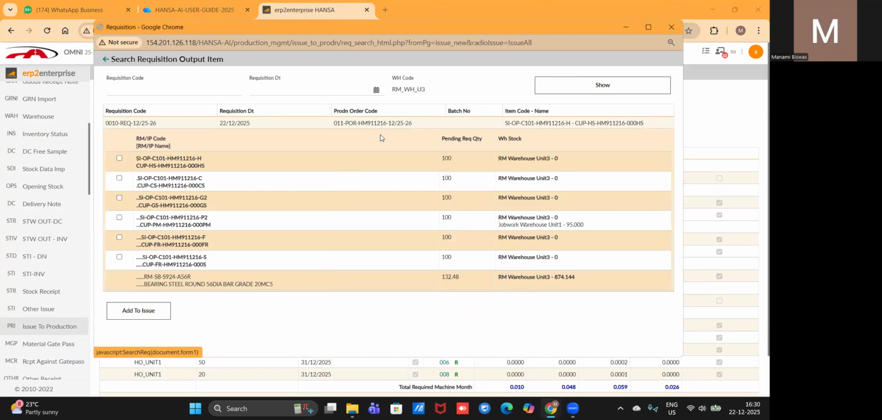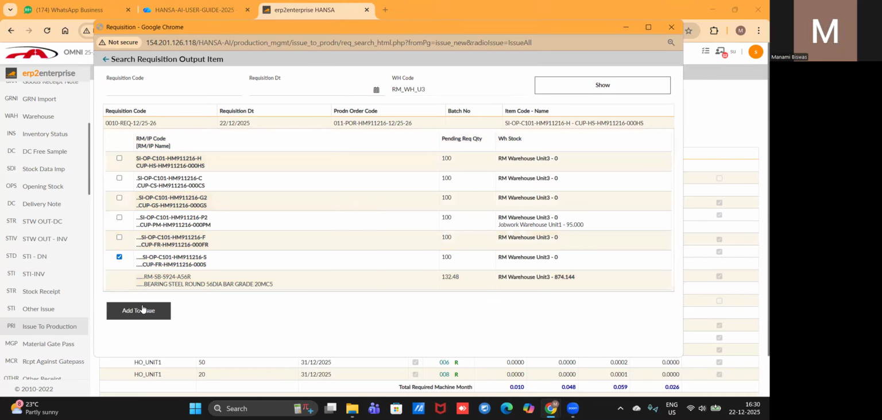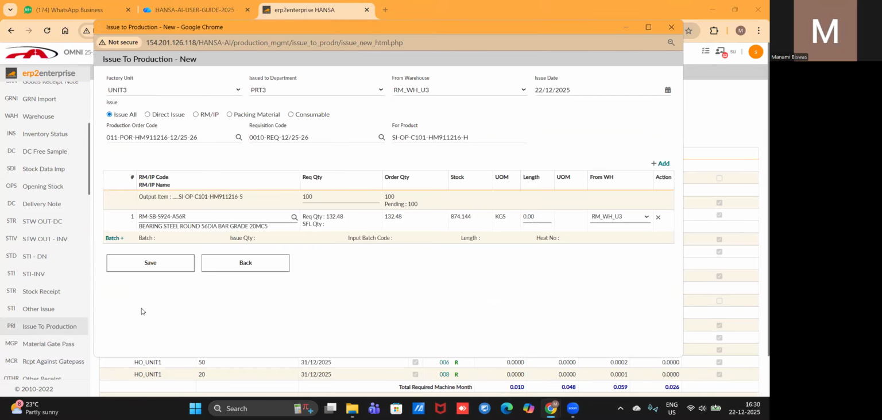I need to see the requisition code. Now here, I need to select the product I will be producing. So if I'm issuing raw material, then it means I will be producing slug, since this is the first product of our production procedure. Okay, so let's click on add to issue,